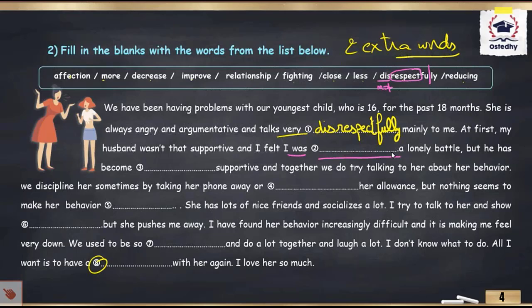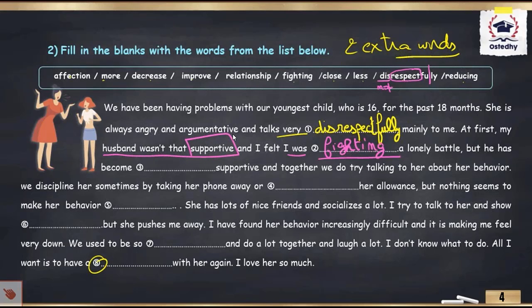Now, do I say that? I was close, I was near a lonely battle? Do I say that? It's illogical. It's not really meaningful. I would say I was fighting a lonely battle, because her husband didn't. It's the past progressive. Anyway, that is for you to study later, not now, okay? I felt I was fighting a lonely battle because she was doing that alone, because her husband